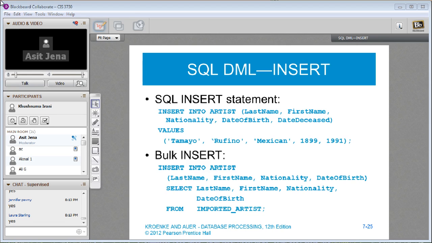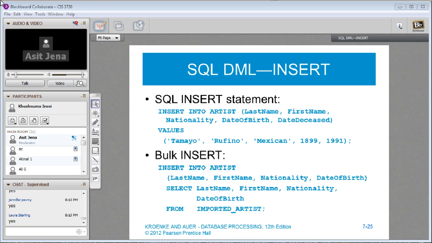What this does is, in the first SQL statement you're inserting one record at a time. In the insert statement here, you are inserting everything that is there in imported artist into artist. If imported artist contains 1,000 records, artist will have 1,000 records.